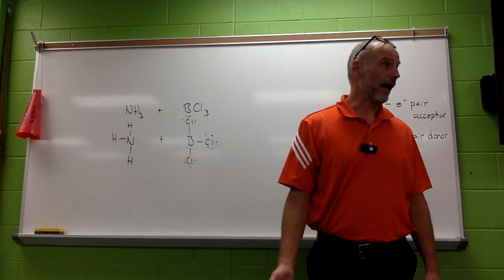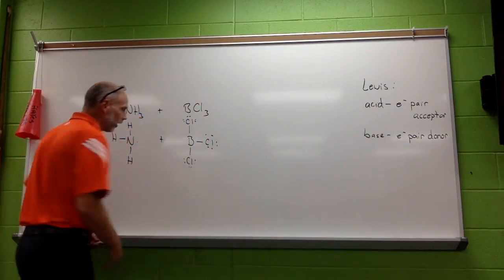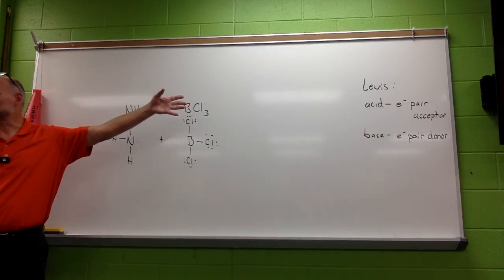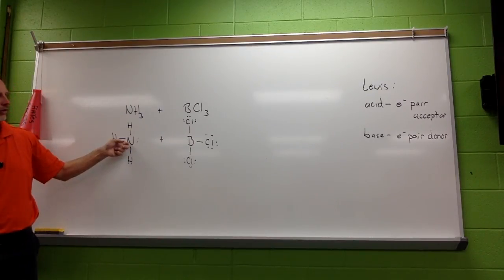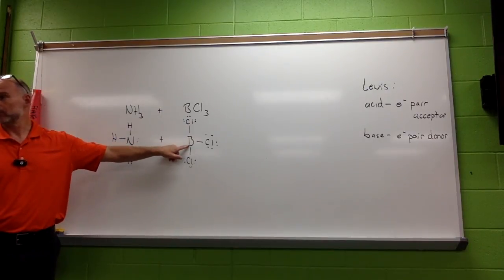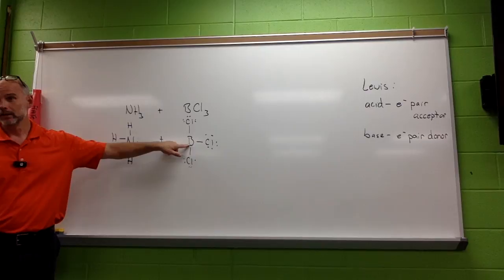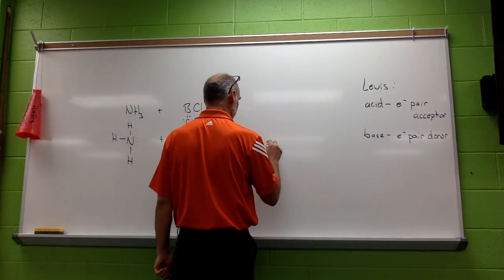We're going to cover it later in the course, but you can write it down if you want. So anyway, do you see how this fits into the Lewis acid-base theory? Ammonia, we already know, is a base for all the reasons we've talked about. It's still a base because it is now an electron pair donor, whereas the boron can be an electron pair acceptor to form